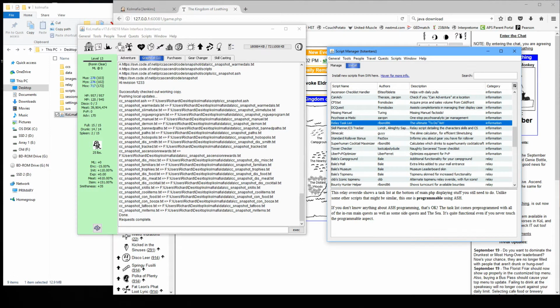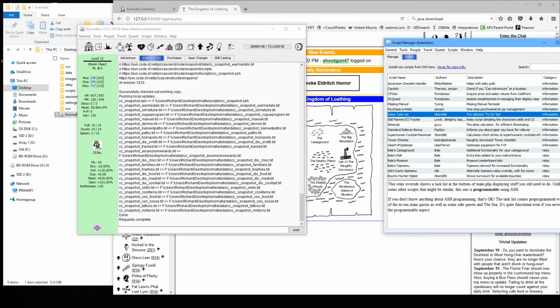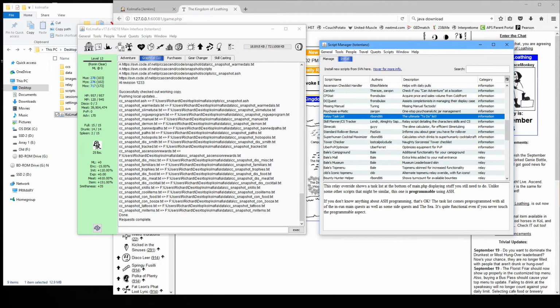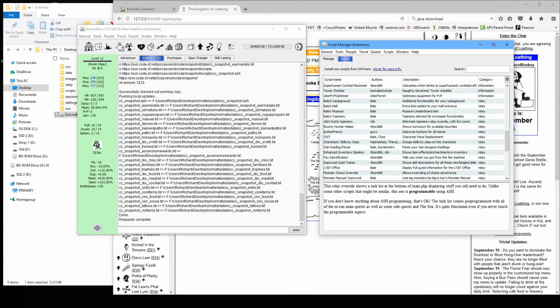Relay task list, that will give you a little thing down here below the map that's going to show you reminders, like whether you have all the keys, things like that. But the guide will also help you with that. So it's up to you which one you want to do. And then we have